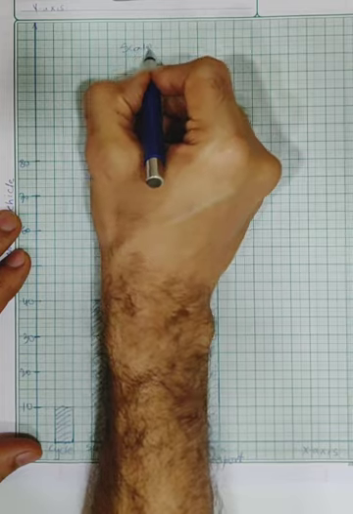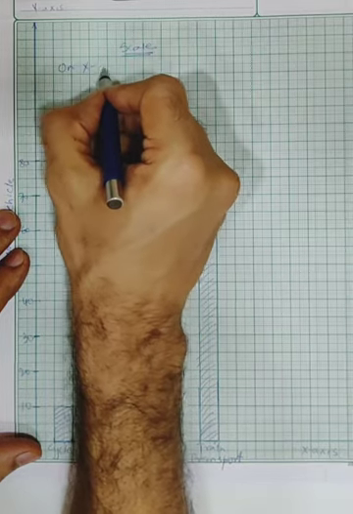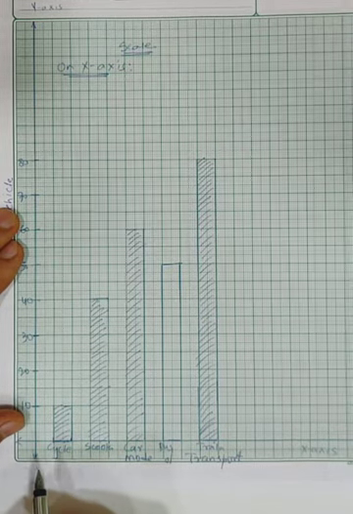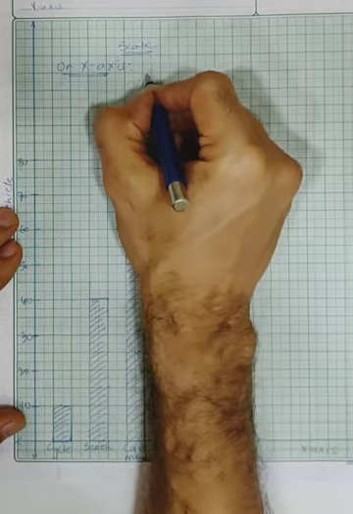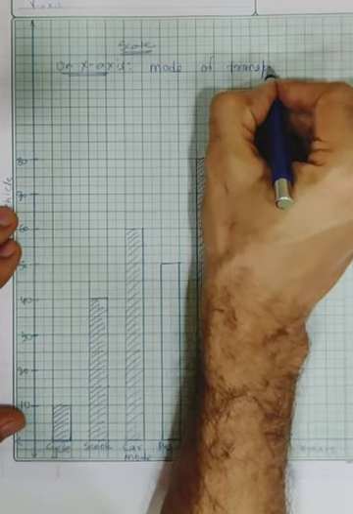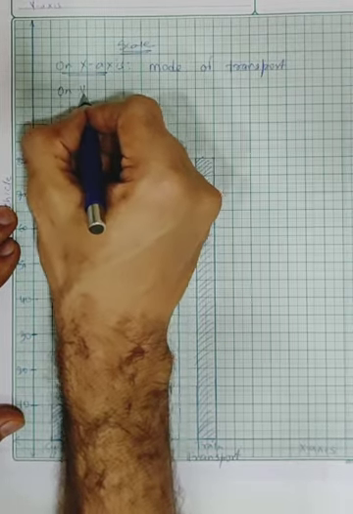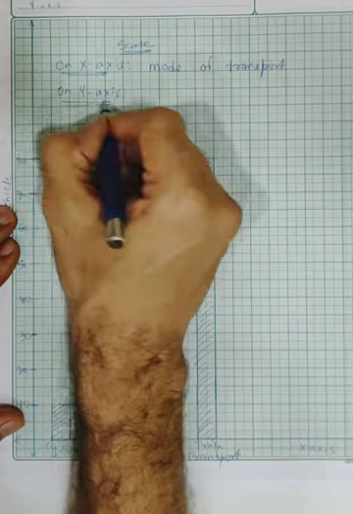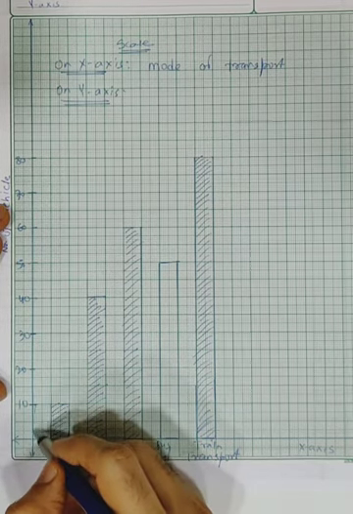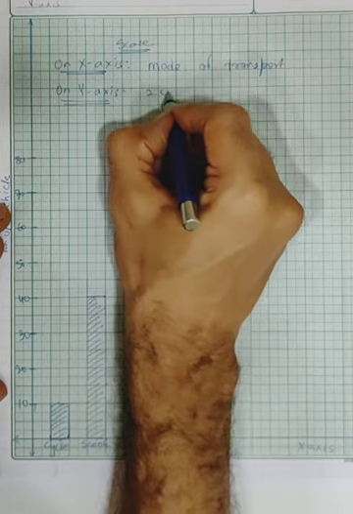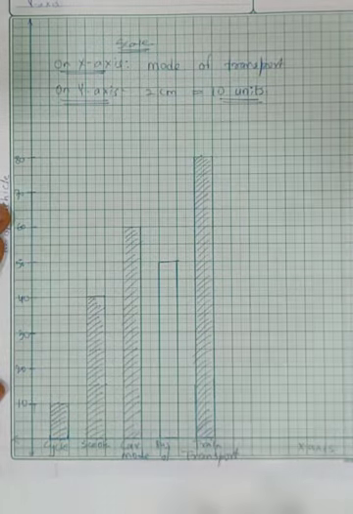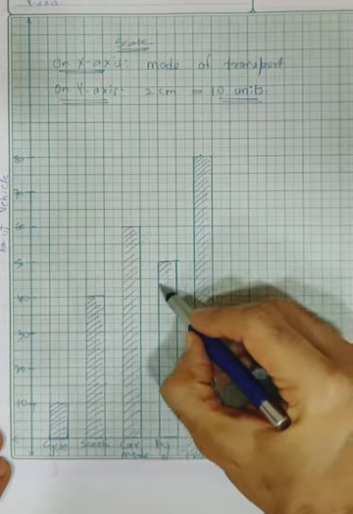Now what is a scale? There are two scales. One is for the x-axis. If you notice, for the x-axis each bar is a mode of transport. So we'll write x-axis represents mode of transport. And now the y-axis. On the y-axis, what is our scale? We have assumed that 2 centimeters, look here, this 2 centimeters is equal to how many units? 10. So I can say 2 centimeters is equal to 10 units. Got it? So we are done with the bar graph.